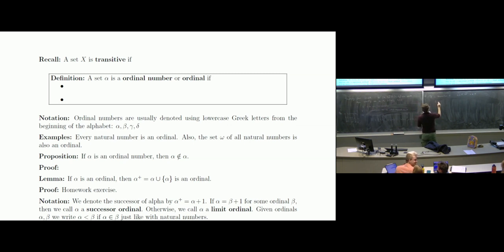So a set alpha, we tend to denote ordinals by lowercase Greek letters from the early alphabet. So like alpha, beta, gamma, delta, epsilon if you're having a really bad time and you need five different ones. So a set alpha is an ordinal if 1, alpha is transitive, and 2, the important one,